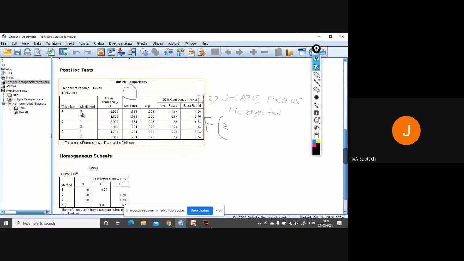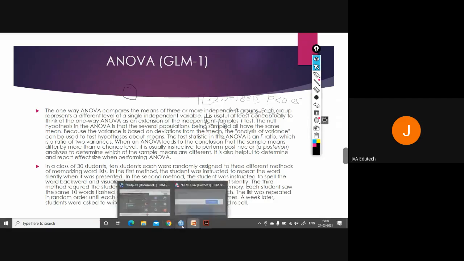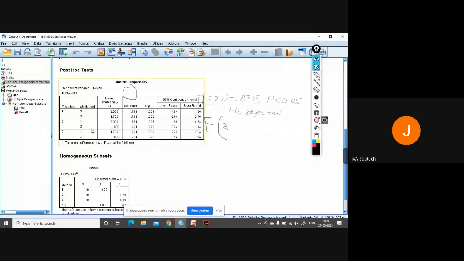They don't show any significant difference on the learning capacity or the recall capacity of the students. So first you have to choose, and out of second and third you can choose any. Hope this is clear. Should I move forward? Is this clear? Please tell me. Yes, sir. Okay. Now, calculating the effect size.